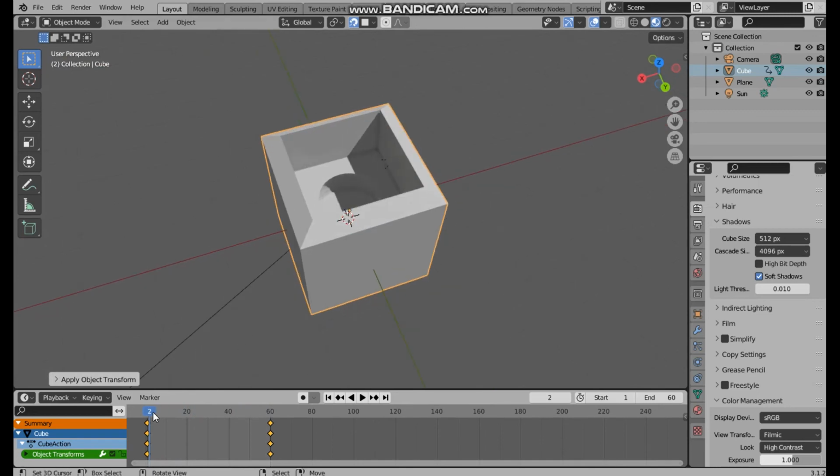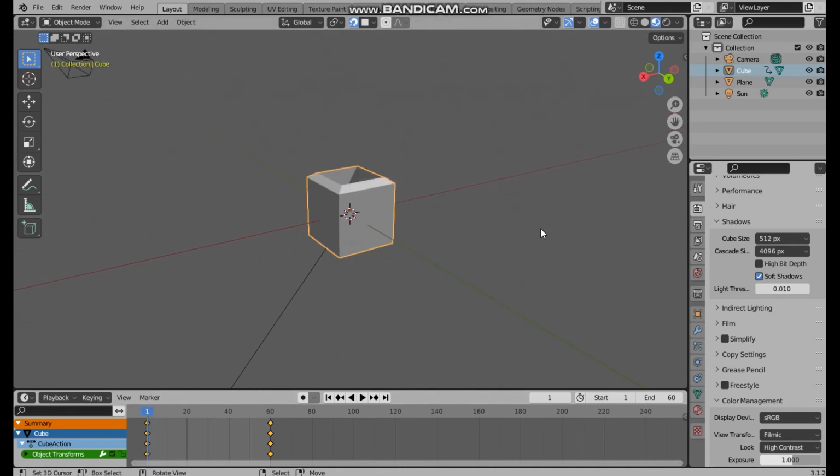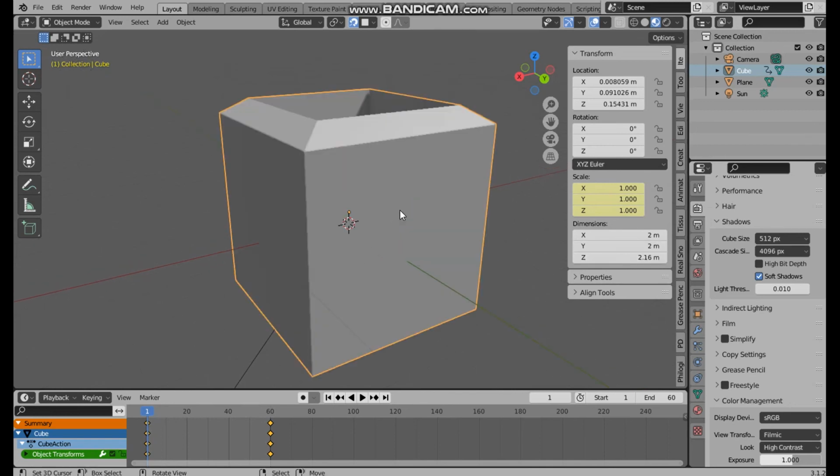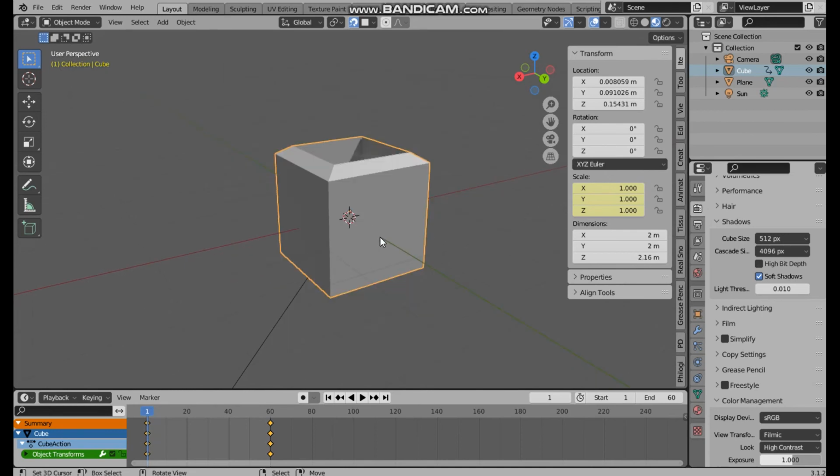Nope, so my original point where this cube is starting out, if you were to actually look, you can see its dimensions. It's 2 meters by 2 meters by 2.16 meters, and 3 feet or so is a meter. So that is a massive cube. It's a lot bigger than my plane. And in order to get that right, all I really have to do is just select the plane,